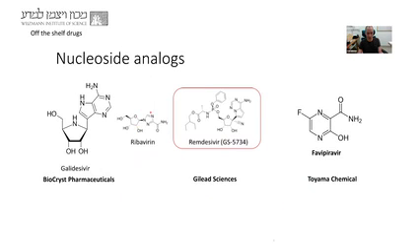So I want to mention ribavirin. This is probably the most used drug against any viral infection where no other treatment option exists. So for many years it's been used. It's not highly effective, but it has some benefit. And of course, it was also used in this pandemic. I would also like to mention this molecule. It's called remdesivir, and it was developed by Gilead Sciences, initially to target Ebola.